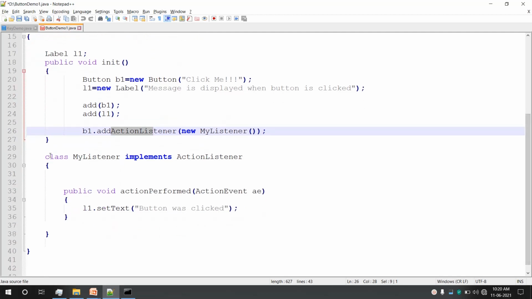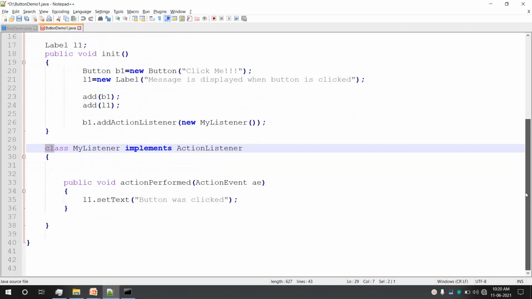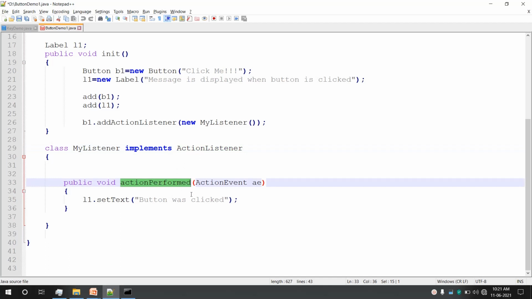We have this inner class, you can see, a class within a class. So our outer class is ButtonDemo1, and inside that we have MyListener class. MyListener class is inheriting ActionListener, and as it is inheriting ActionListener, it has a method actionPerformed, which simply displays some text on the label L1 when we click on the button.